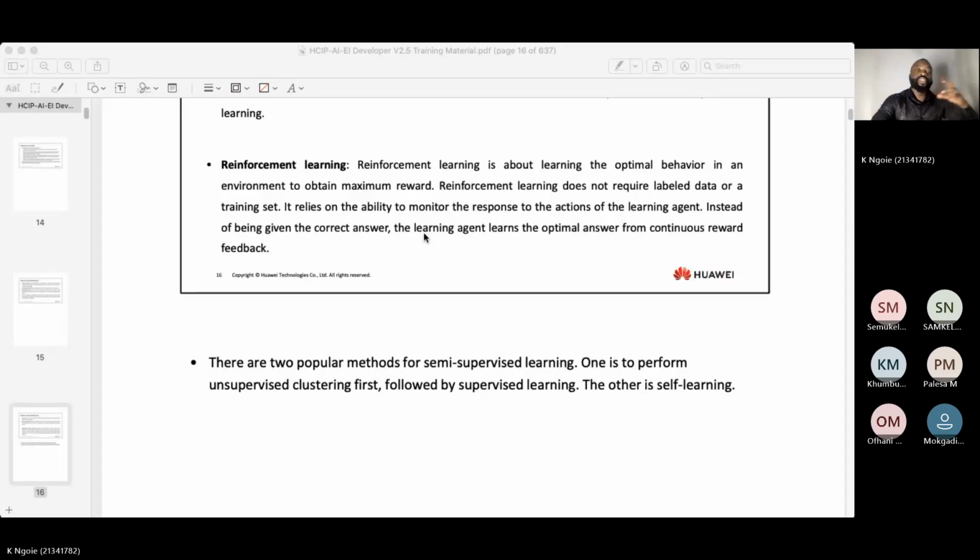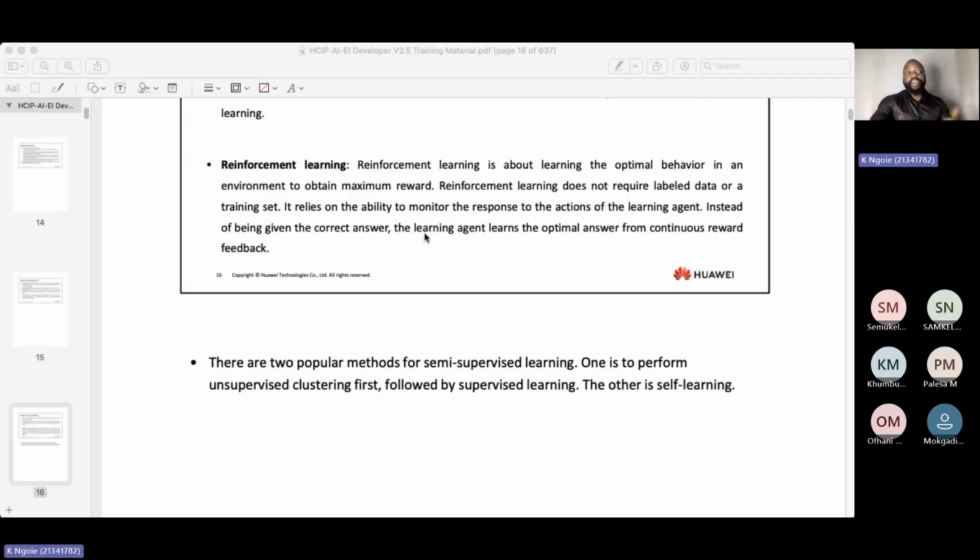So now every time the model takes the wrong action, it knows it's losing points. So the next time you restart again, it restarts training to take a different action. That can go up to 1,000 times. So the model is learning from the same data at least 1,000 times, and every time it takes different actions. Different actions will lead to either a reward or a punishment. And the best model will be the one which has accumulated less punishment and more reward. Okay, all right. So that is how reinforcement learning works.